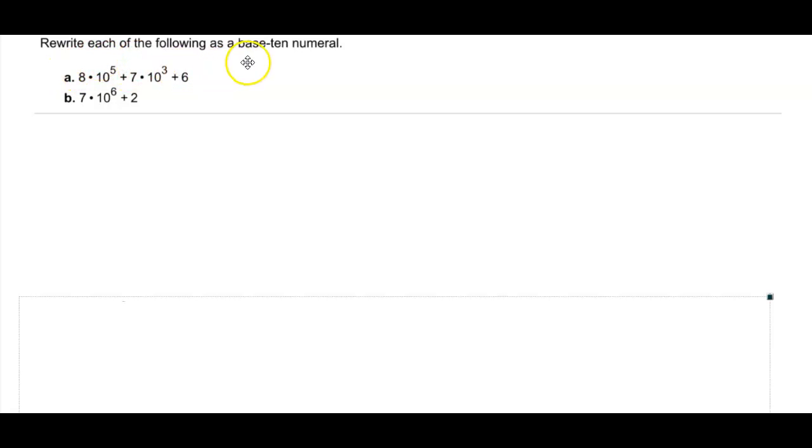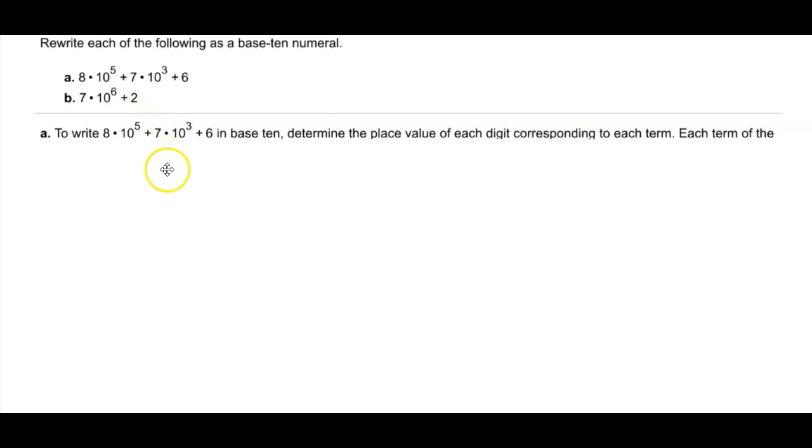Rewrite each of the following as a base 10 numeral. For part A, we have 8 times 10 to the 5th plus 7 times 10 to the 3rd plus 6. B is 7 times 10 to the 6th plus 2. Now for part A, to write 8 times 10 to the 5th plus 7 times 10 to the 3rd plus